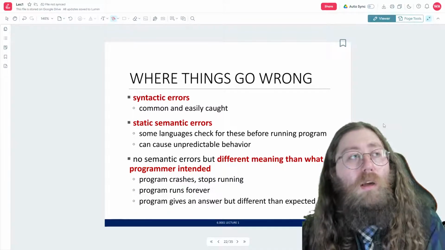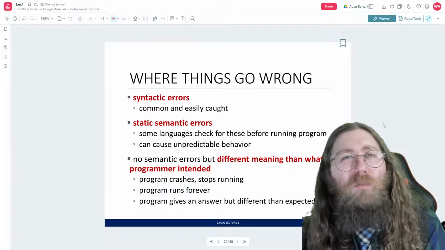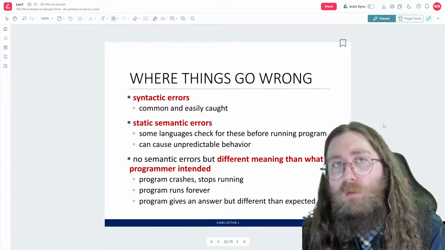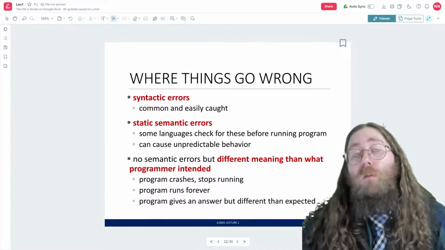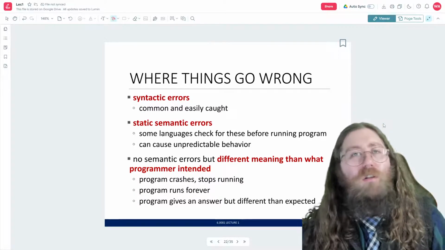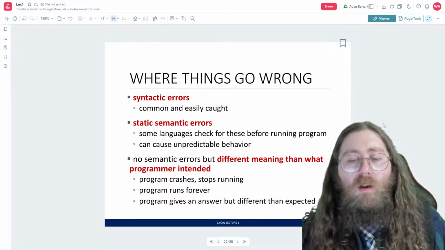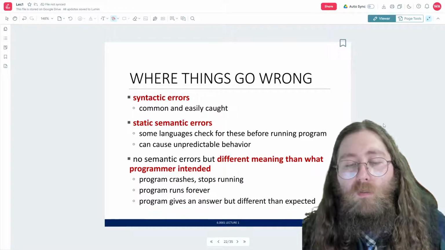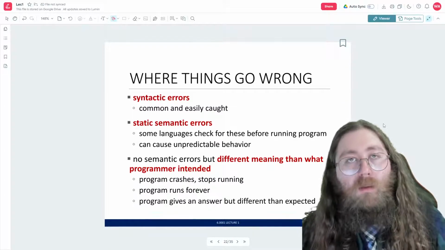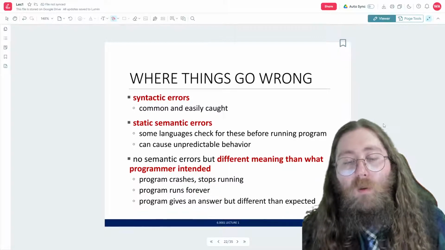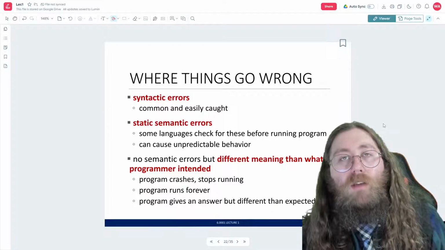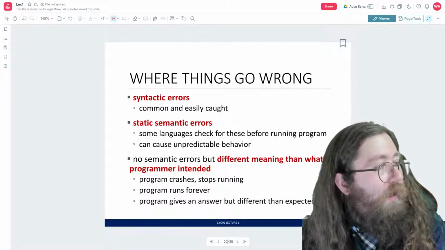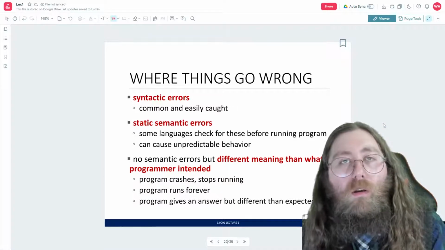In Bash, sometimes you've got to put quotes in there when you're not really thinking you need to, right? And if you don't put the quotes, then the functions just do really strange things, right? So we end up having to put quotes in there, right? Well, in Python, it's the same thing. You might end up having one of these static semantic errors and get some really unpredictable behavior out of your script.